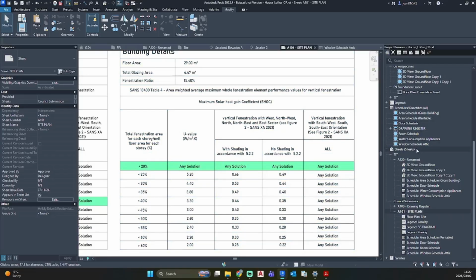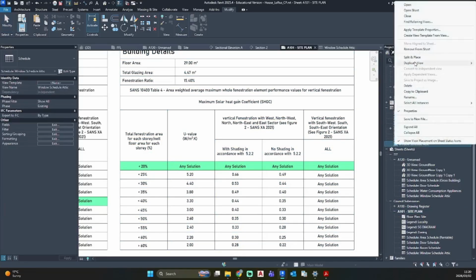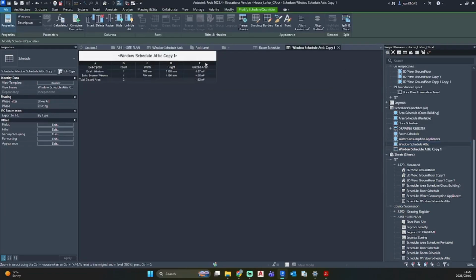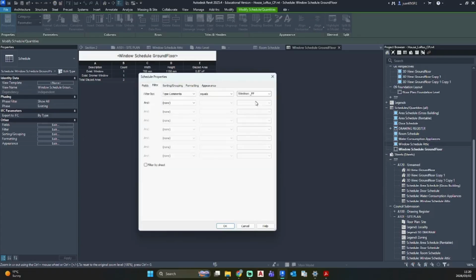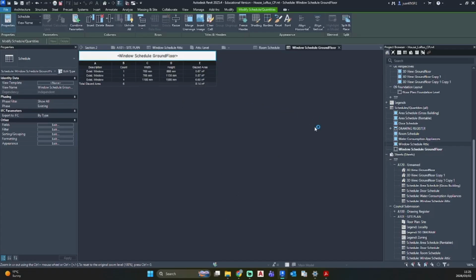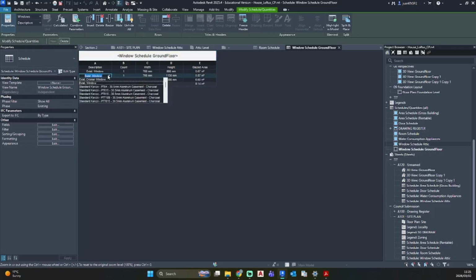And now I'm going to go to my Windows Schedule Attic, right click, duplicate, and ground floor. So now I just need to go edit, filter, this needs to change to ground floor, existing window, existing. Okay, so one is bathroom, one is kitchen, and the other is the big ones. So this one,